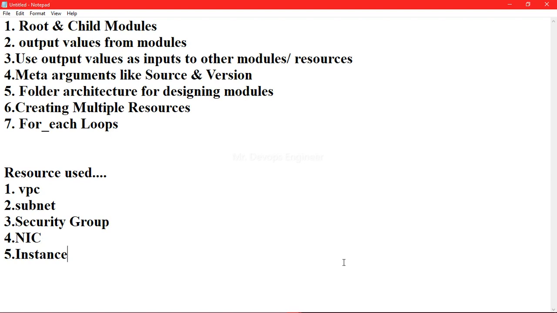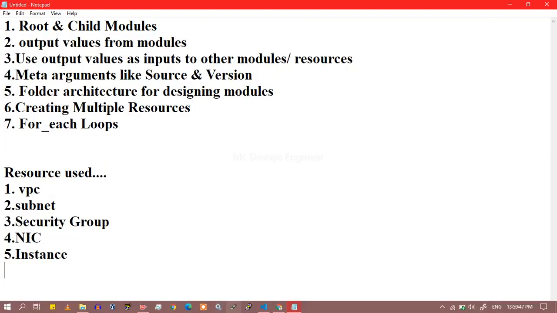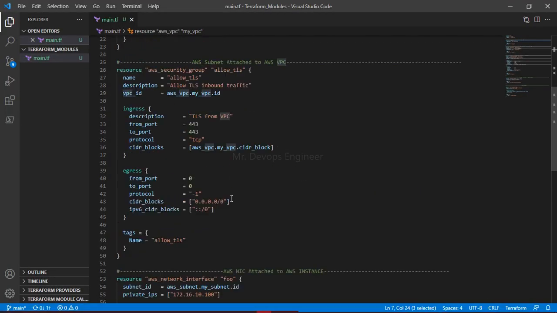This is simple: modules can be thought of like packages in Python or modules in JavaScript. Whenever a developer is calling a module, they don't need to know about the underlying behavior, and only need to pass the values, or you can say the required data, right? So these are the things we will see, and these are the resources I am going to use here. Let me give you a quick walkthrough, then we can start.